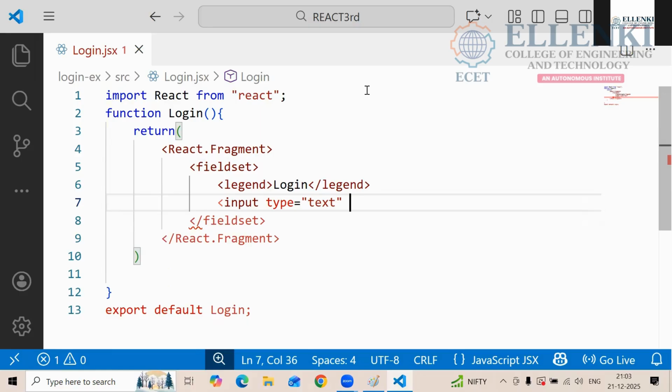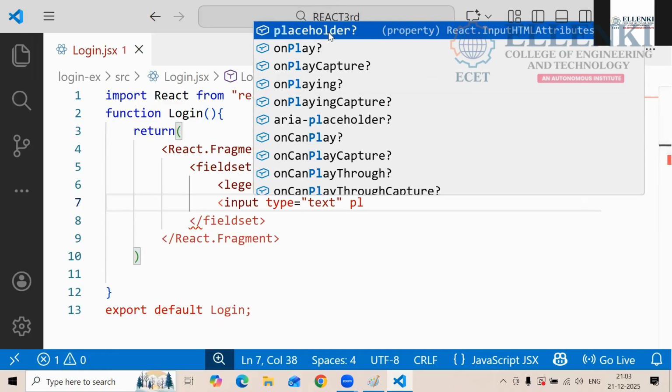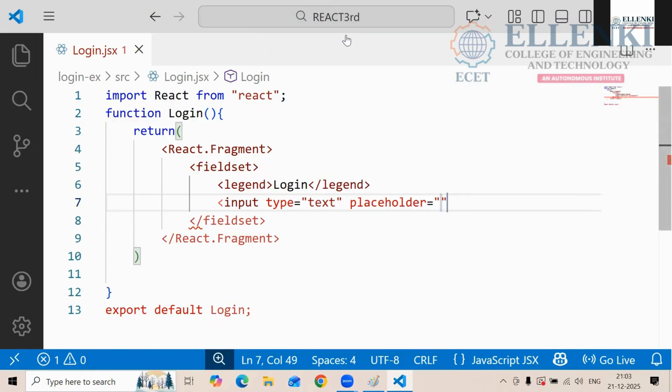Enter your username, right? So that one what we can call? Placeholder. Placeholder equals to what you can write? Enter username. This one will display on that box. Okay. So input username.